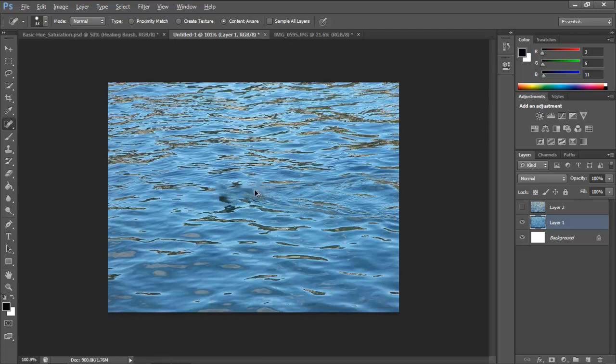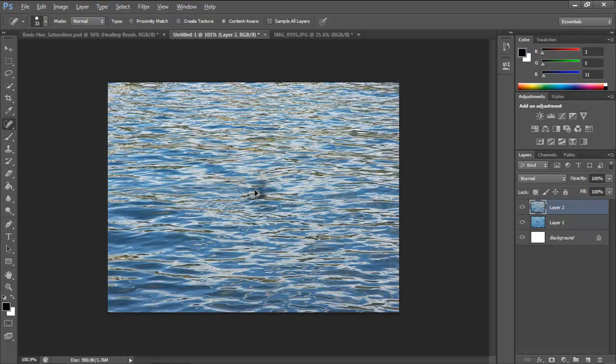So let's say we want a more manual approach. So let's hold it down again and press the healing brush tool. Now when you press Alt, you see this crosshair. If you click on it, it will actually take samples from that area. So we'll move this around,